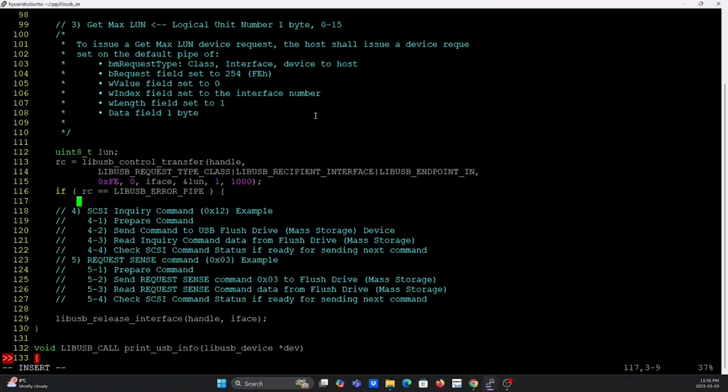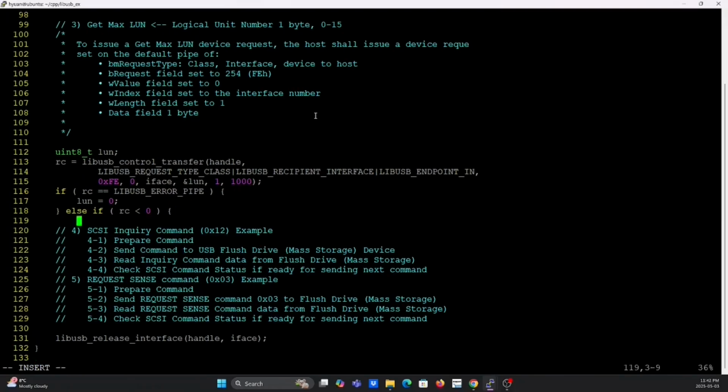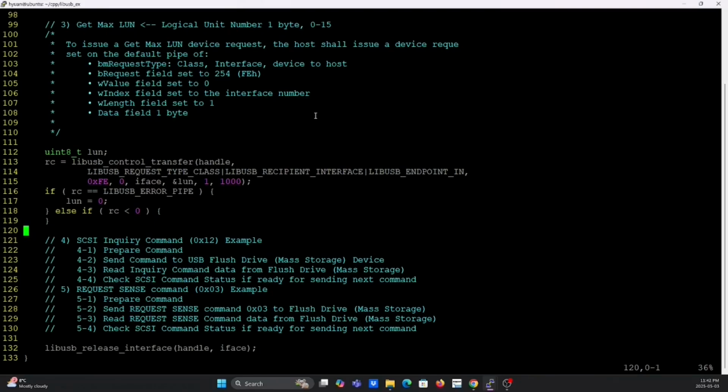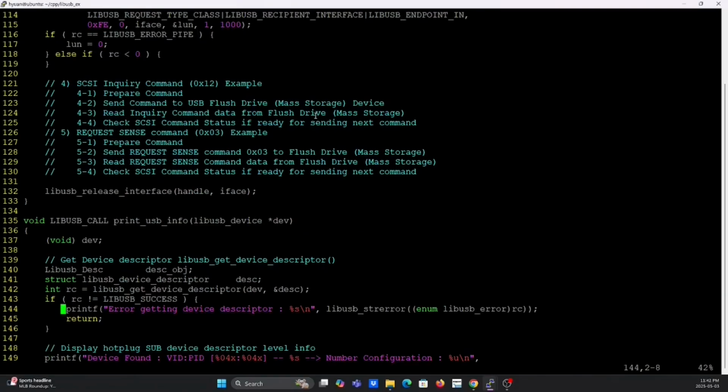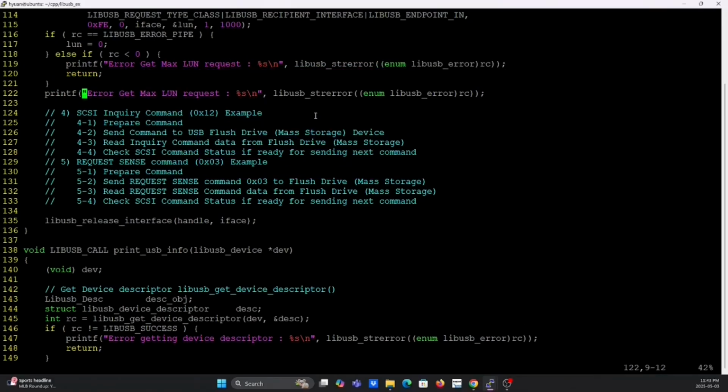If error pipe, it means not supported. We set LUN equal 0. Return code less than 0 means error. Copy these 2 lines to YY. If a success,